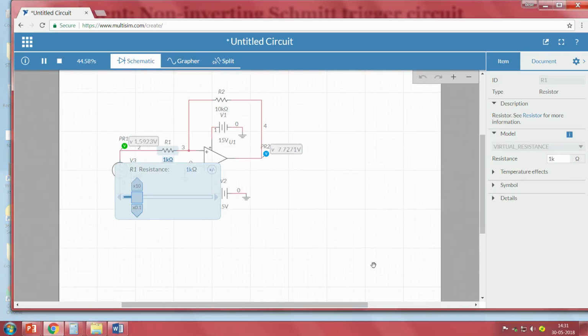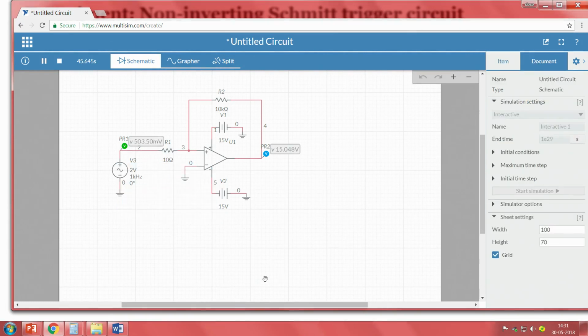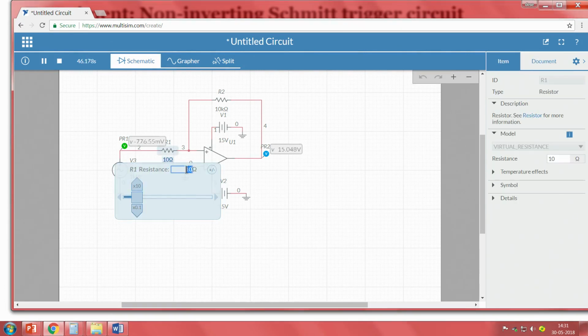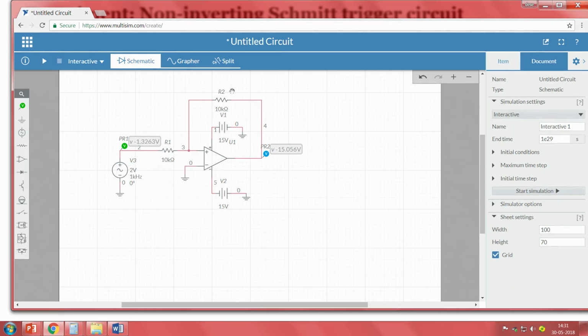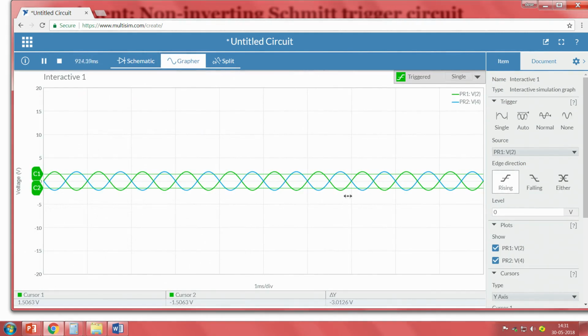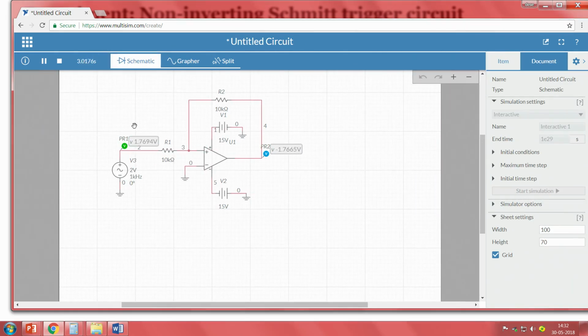So, when I go here, I will change it to 10K, 10K, oh, this should be 10K, right. Now, both resistors are 10K. As a result, the beta value is 1. Now, when I go back to our grapher, one more important thing: the input value. The threshold values are not below 2 volts. The peak value of the input is 2 volts, but the thresholds are even higher than 2 volts. So, we cannot see that operation.